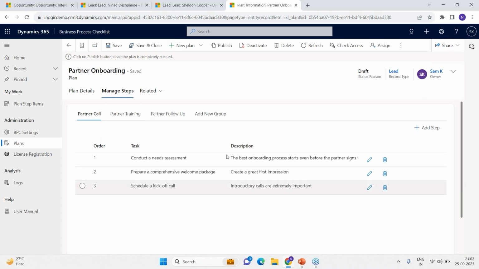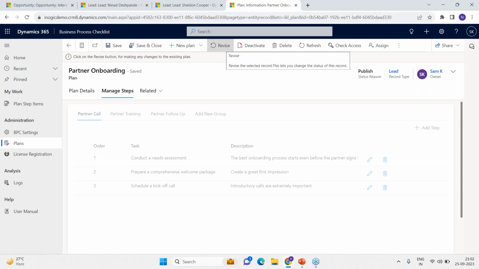Once you have all the plans, all you need to do is just hit on publish, and voila, you're good to go. Now, I'm pretty sure after looking at all the features that we saw right now, you might have already started visualizing that, hey, I can use this feature with something like this within my organization. And trust me, I'm really, really interested to know which business process checklist features do you believe are most beneficial